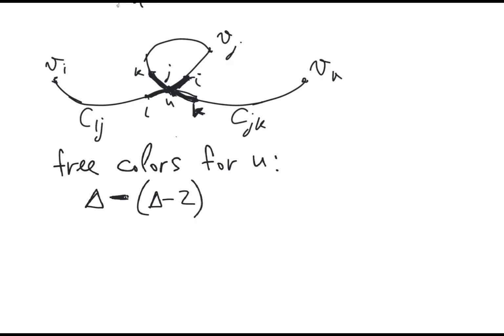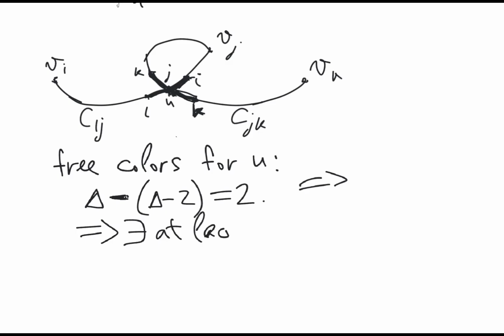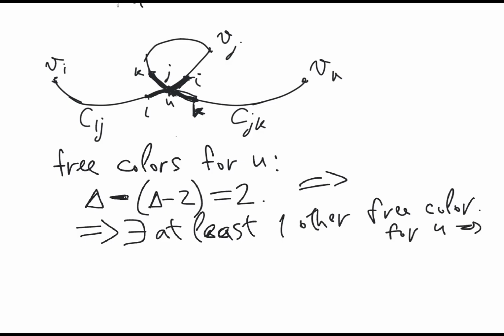So delta minus 2 colors that are already taken. So we have two free colors. One of them is J, because U is already colored J. Therefore there exists at least one other free color for the vertex U, and we recolor